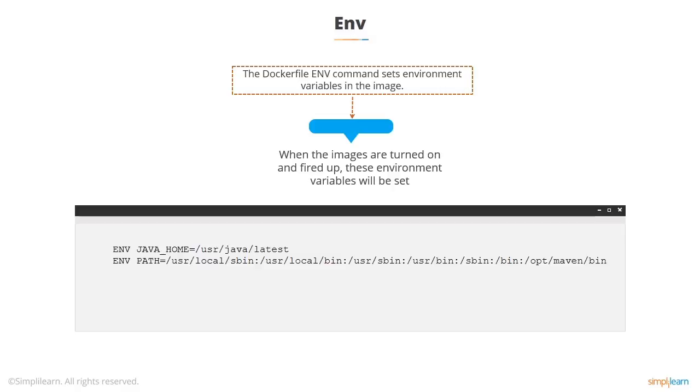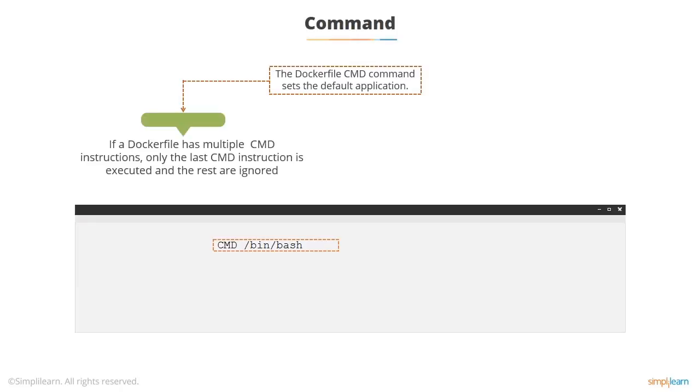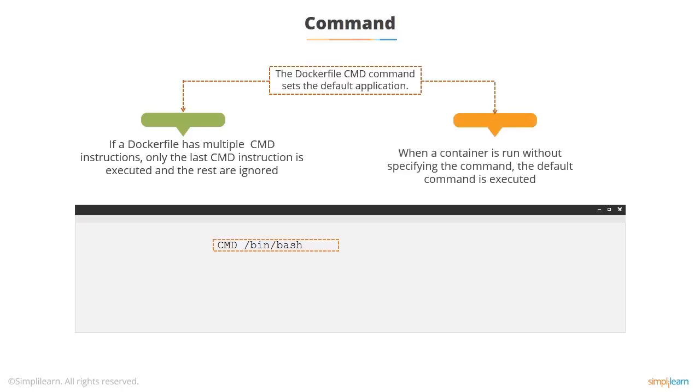The command, or CMD, defines the default application. So you typically have one command. You can have multiple ones, but if you have a command there, and you run the container without specifying a command after the image name on the run line, it will execute that when the container actually runs. Obviously, the command wouldn't normally be a shell. It would normally be the application that the container is providing.